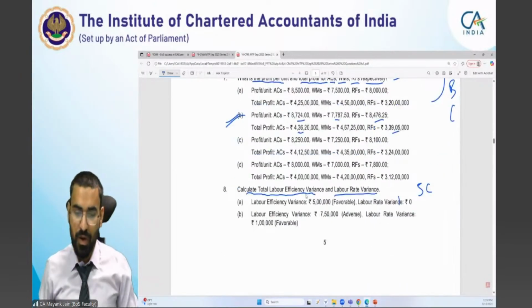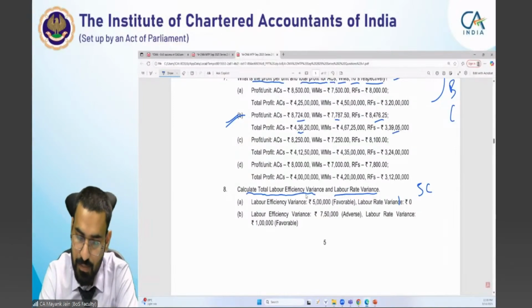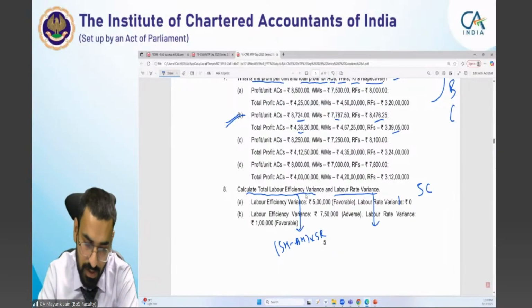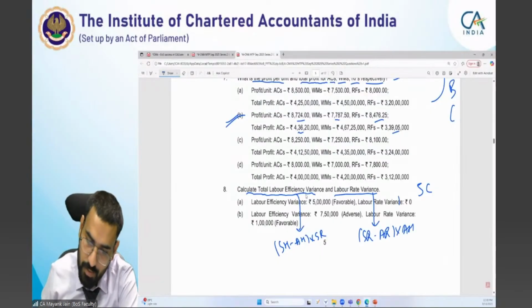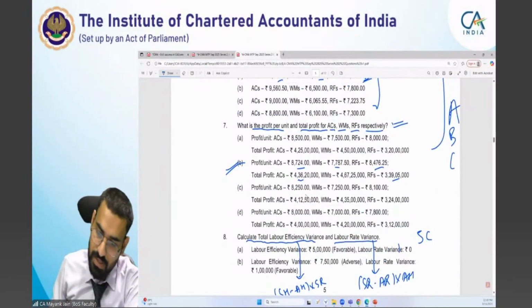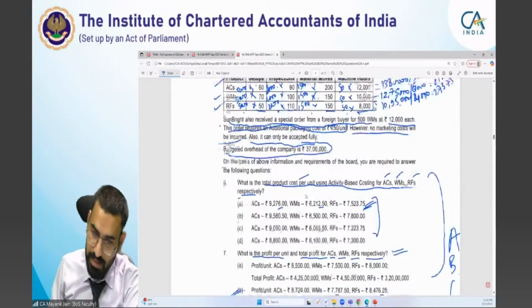अब हम नेक्स्ट रिक्वायरमेंट पे जाते हैं, स्टैंडर्ड कॉस्टिंग। व्हाट इज द लेबर एफिशिएंसी वेरिएंस एंड द लेबर रेट वेरिएंस। एफिशिएंसी वेरिएंस का हमारा फॉर्मूला क्या होता है? स्टैंडर्ड आवर्स माइनस एक्चुअल आवर्स इनटू स्टैंडर्ड रेट। लेबर रेट वेरिएंस का हमारा होता है स्टैंडर्ड रेट माइनस एक्चुअल रेट इनटू एक्चुअल आवर्स। अब हमें स्टैंडर्ड रेट, एक्चुअल रेट, स्टैंडर्ड एक्चुअल आवर्स कैलकुलेट करना है।